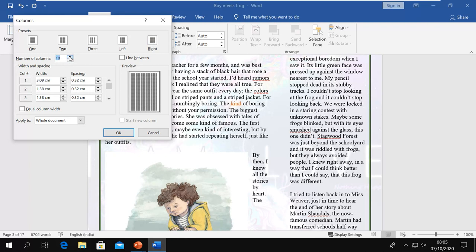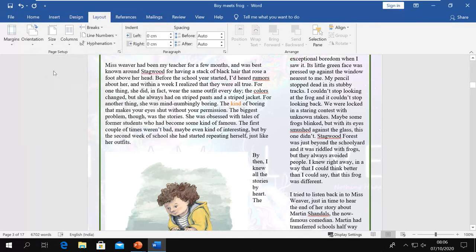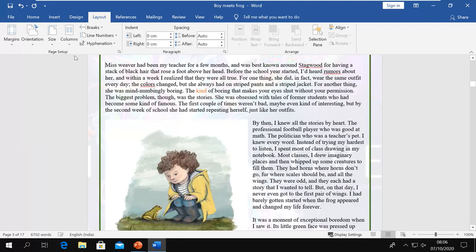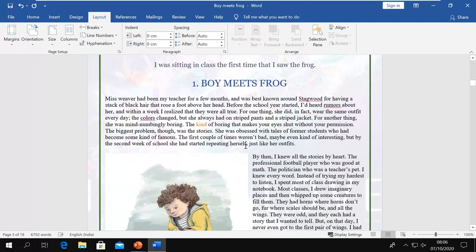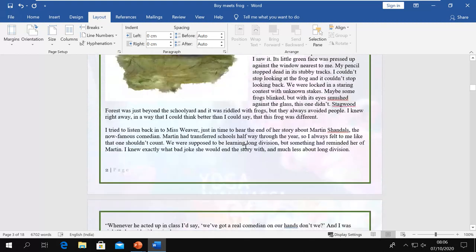You can go maximum, you see, depend on the paper. What is it? And you can see the preview here. You can select from here also. This is preset. You can decide here. You can decide the width, the spacing between 2 columns, and you can see how you want to apply the whole document, or you want to apply only this point forward. I will go back to 1 column because I created it in 1 column.